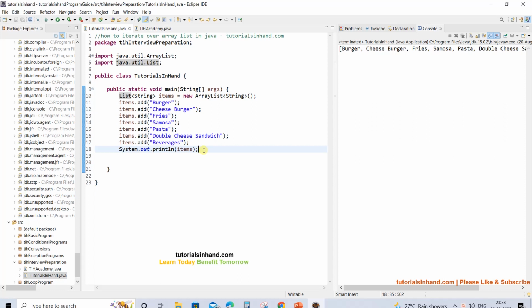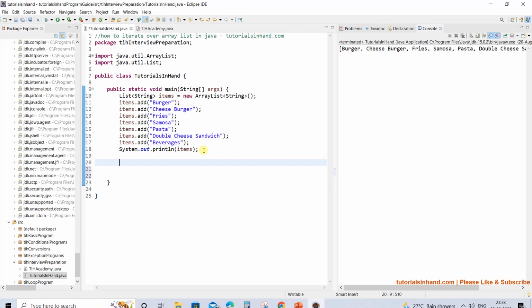You can also use a for-each loop or a for loop to iterate over that, but since the collection framework has provided you with an iterator to ease your way of doing the same thing, it gives you easy access to some methods that help you iterate over the list, and we are going to see those.